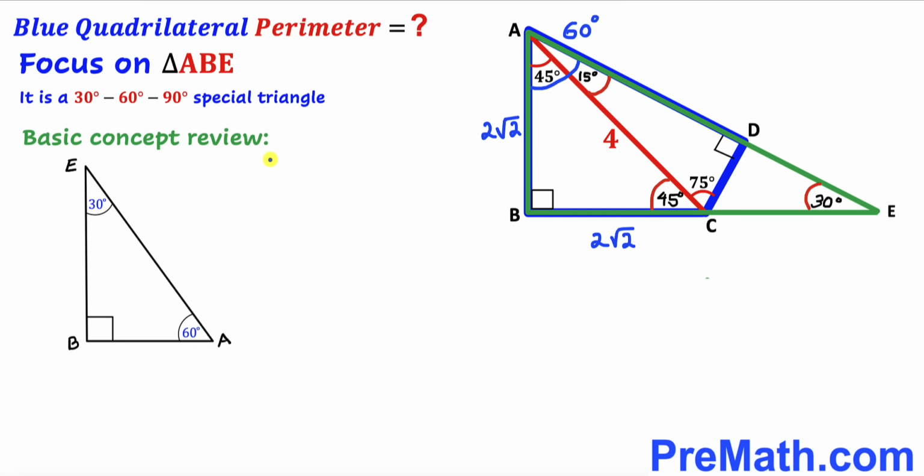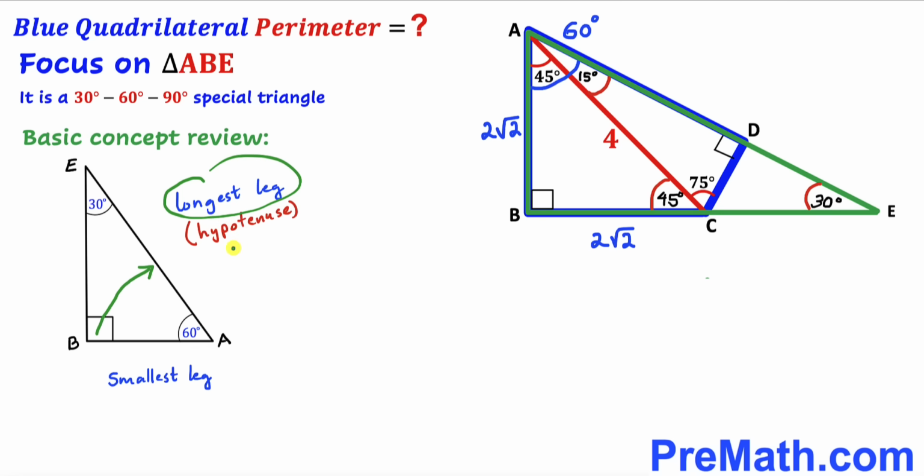Before we proceed any further, let me just go over the basic review and let's focus on this special 30, 60, 90 triangle ABE. And we can see this 30 degrees is our smallest angle, whereas this angle 90 degrees is our largest angle. So therefore, the side opposite to this smallest angle is going to be our smallest leg, whereas the side opposite to our largest angle is going to be our longest leg, and that is also called